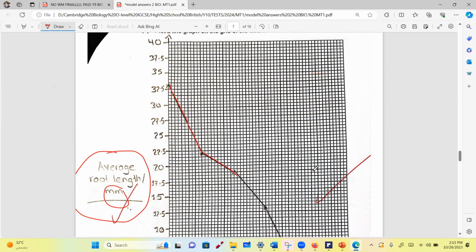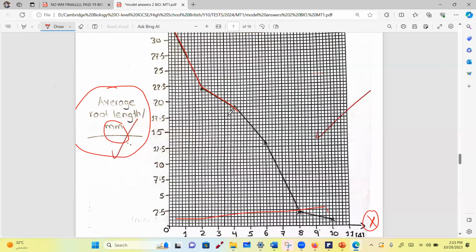Miss, how do I set the value of each box? There is nothing fixed, but what you should do is that first you will divide this graph into boxes of 5. Look what she did. 1, 2, 3, 4, 5. Okay? And then 5, and then 5, and then 5. So this is the first thing we do.